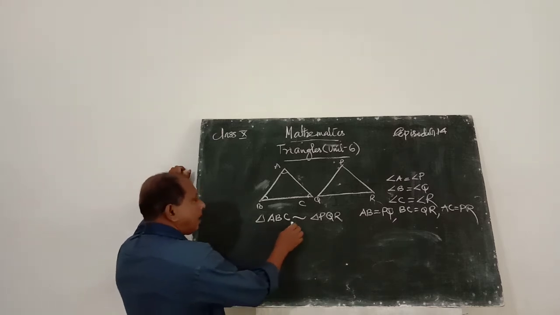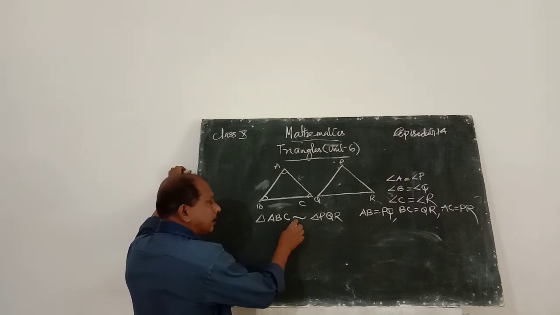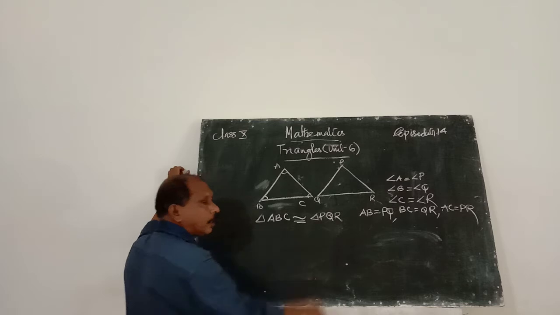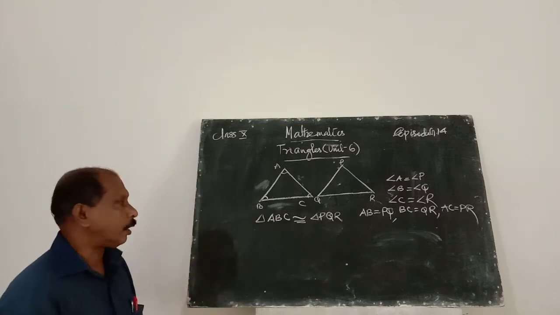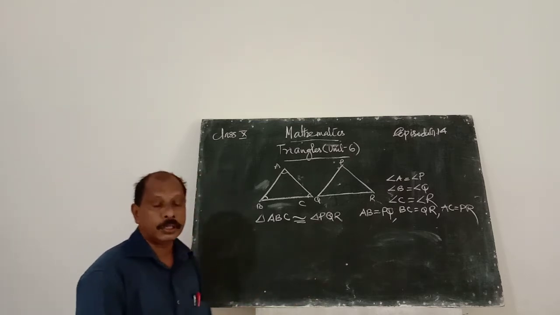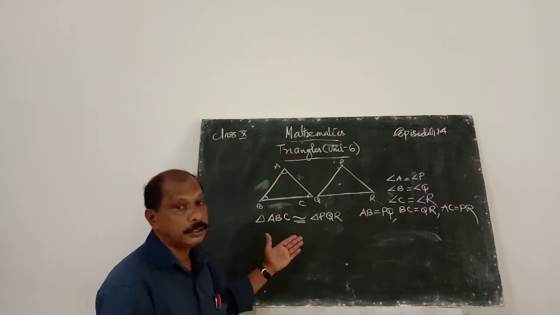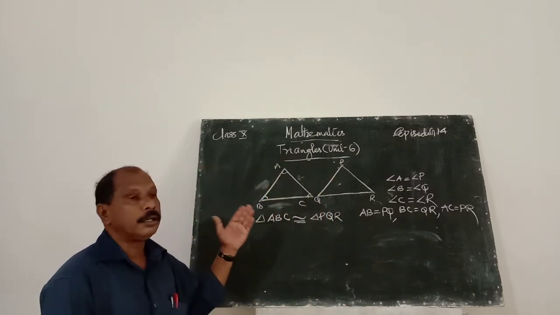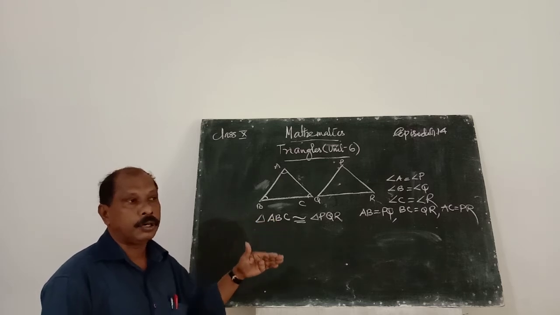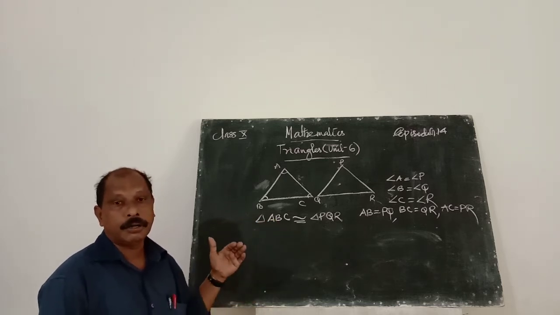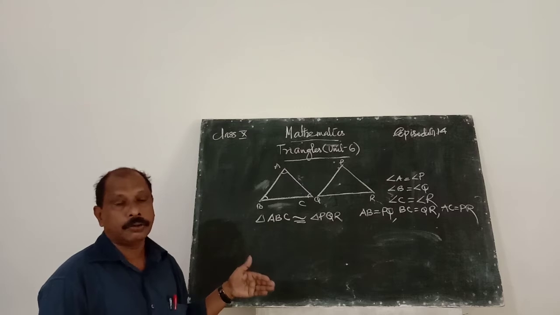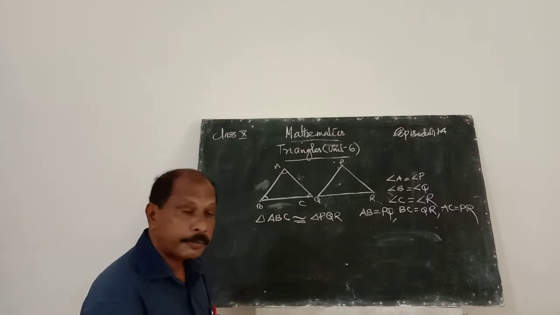Therefore, congruence means the similarity expression with an equal expression. This is known as congruency of two triangles. Therefore, triangle ABC is a congruent triangle. We studied that in the 9th standard. Triangle ABC and triangle PQR are congruent triangles, meaning all the corresponding sides are equal, and also all the angles are equal.